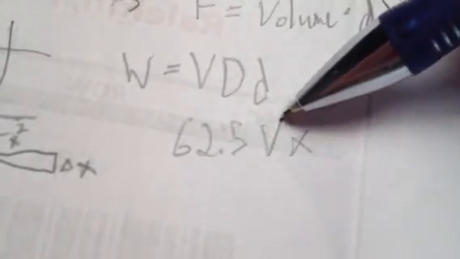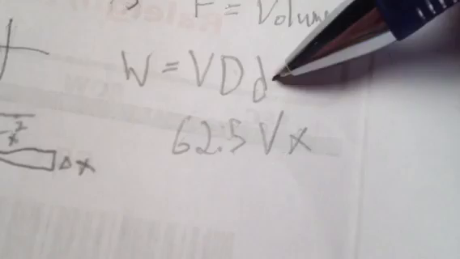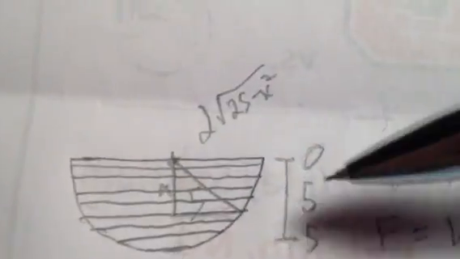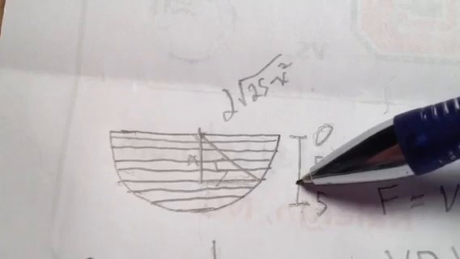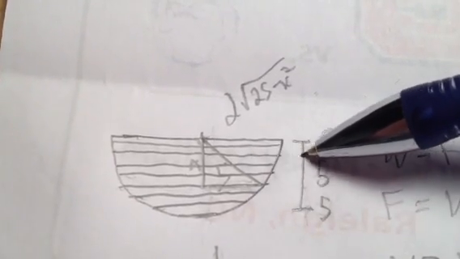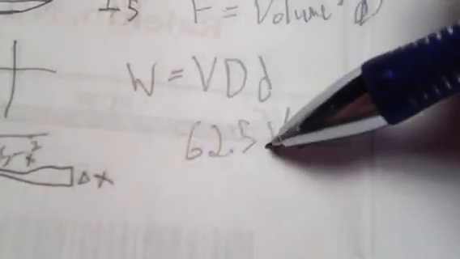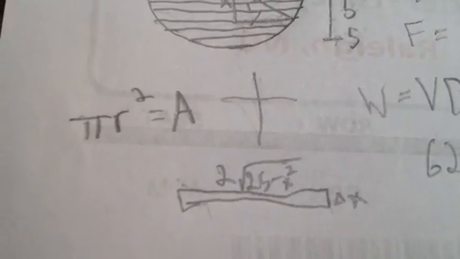Times volume, which we're going to figure out in a second. And then the distance traveled, like I said, is x, because the water at any given point in here has to travel this x value to get out. If it's up here, it has to travel this x value. It's a variable that changes, so it's x. Volume. Alright, this is where I forgot what I was doing in the last video. So, volume